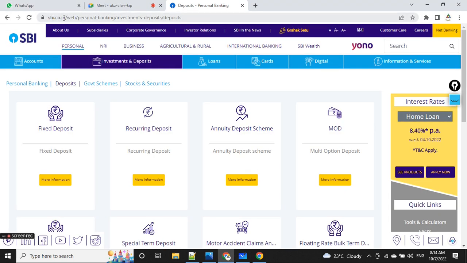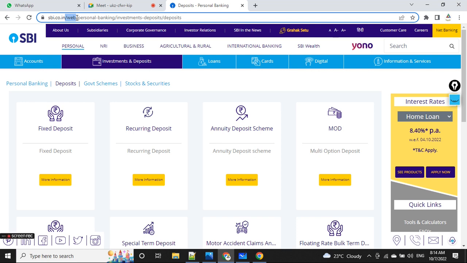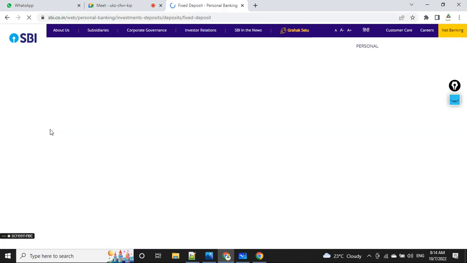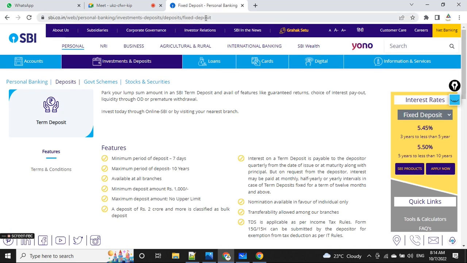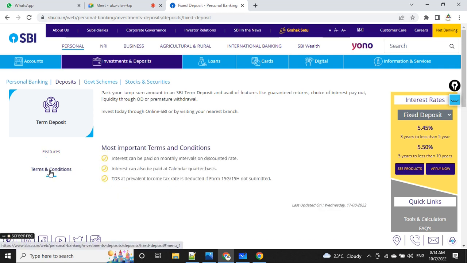See here, sbi.co. Inside this sbi.co website there is a web page, and inside this web page there is personal banking. Inside personal banking there is investment and deposit. If I click here on fixed deposit, what will happen? Another page will open. Fixed deposit is also there. If I click on terms and conditions,